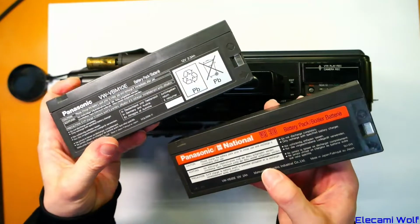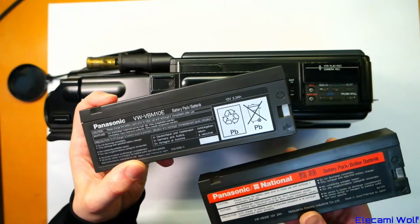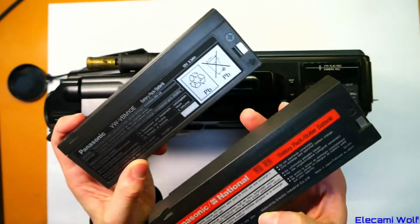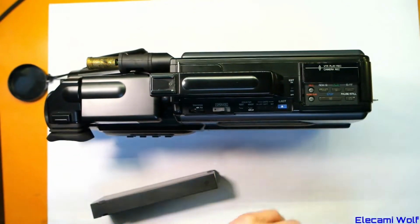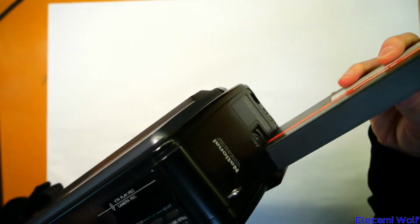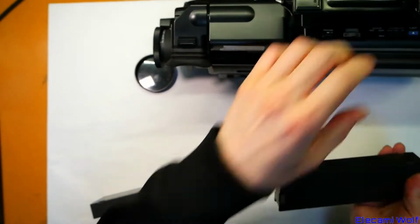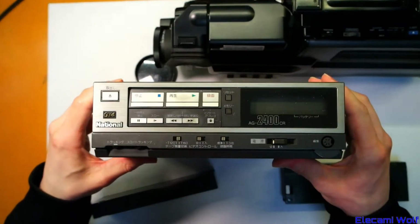An older National one and a slightly newer Panasonic one there. The capacity did change a little bit. Originally 12 volt 2 amp hour, now 12 volt 2.3. And a slide in the back. Click. And that was the same type of battery that was used in the much older, or somewhat older,